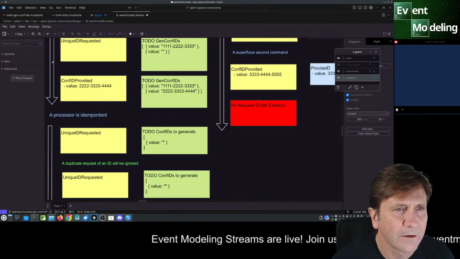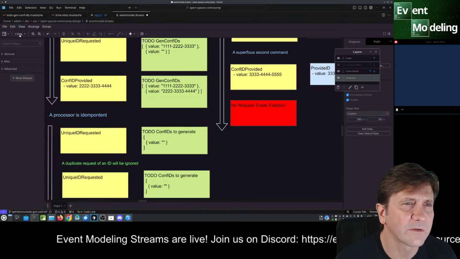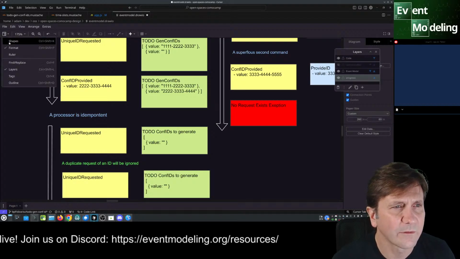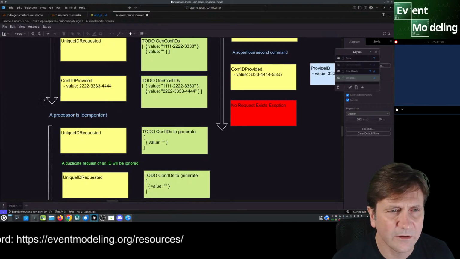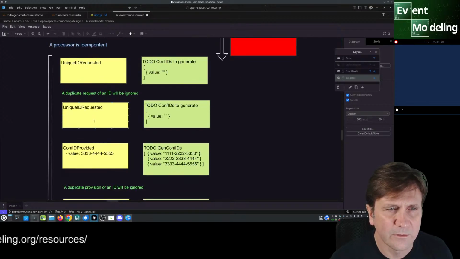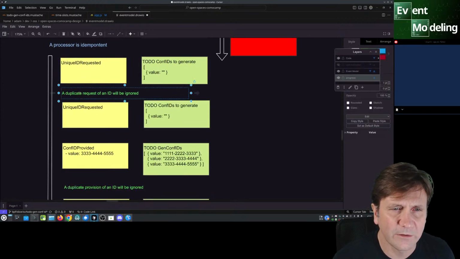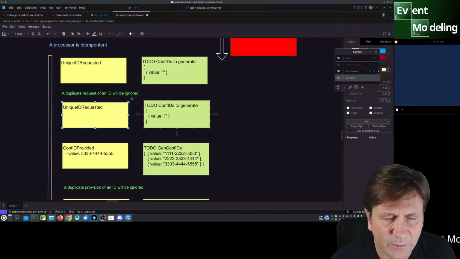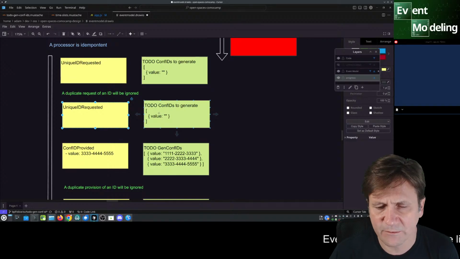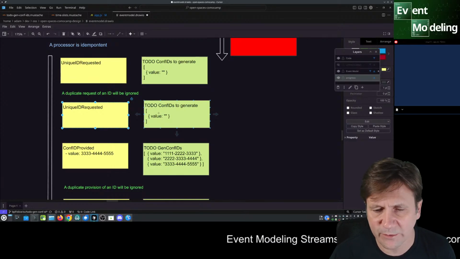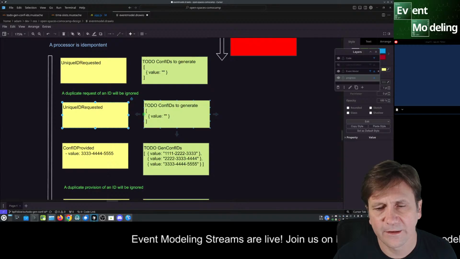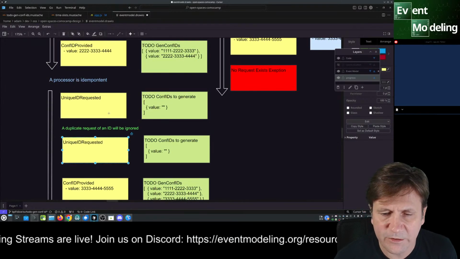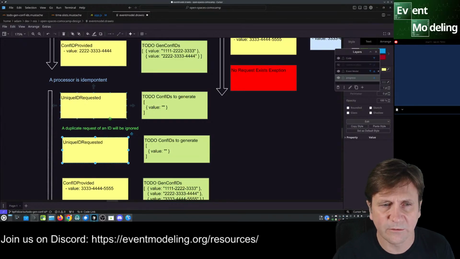Oh, I know. Let's get rid of these shapes for now. Yeah, shapes are getting in the way. Okay. So then we have a duplicate of a request, and we show that we don't put a second value in here with another blank for the processor to do two things. We made a business rule that we only have one conference going on at a time that you set up per tenant. We might change that later. Maybe we show how we evolve the system to act differently.